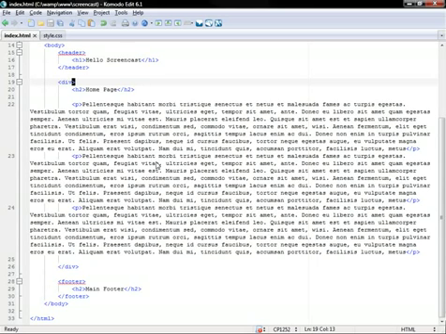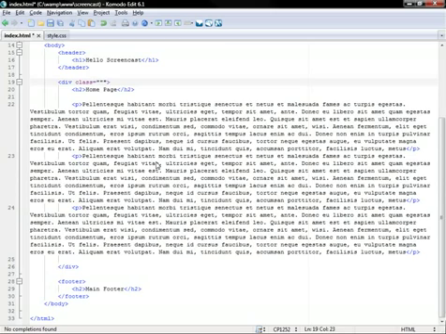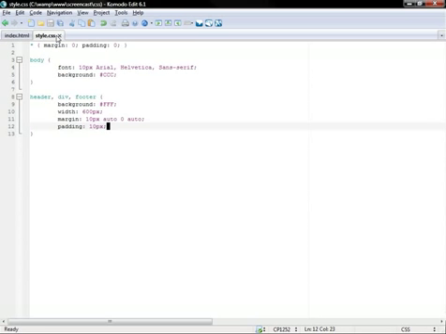So the way to do that is inside this div tag. I'm going to put a space and type class equals, and then put quotation marks, and then I'm going to give it a name. Now in this case I'm going to do it semantically and put it as page wrap, or no, actually, main content, because that's what's going inside that div. It's just the main content. Then if I go to CSS, where I've put div here, I'm going to delete that, and I'm going to put a period or full stop. Then I can put main dash content